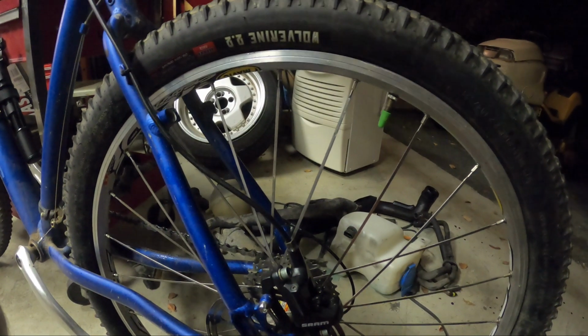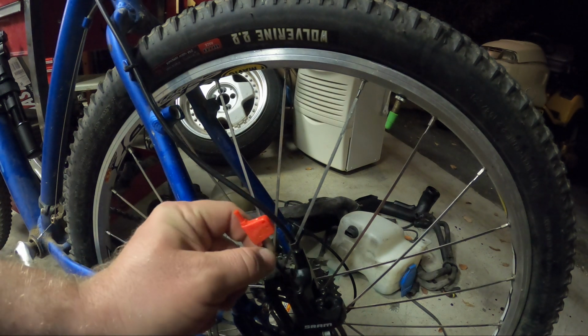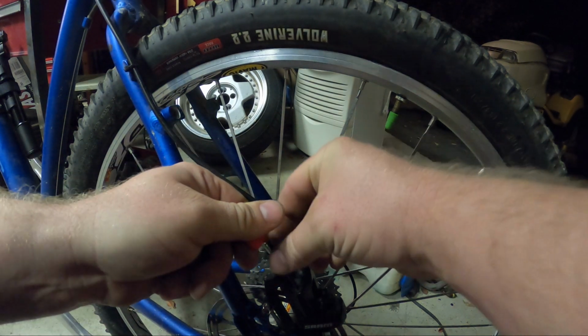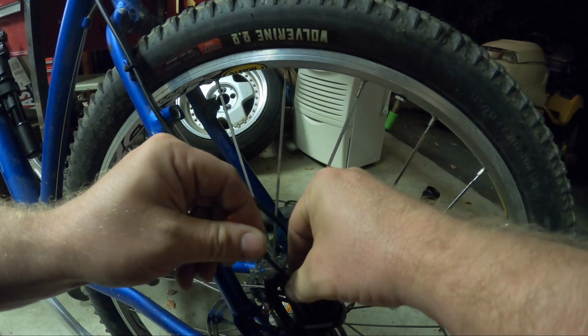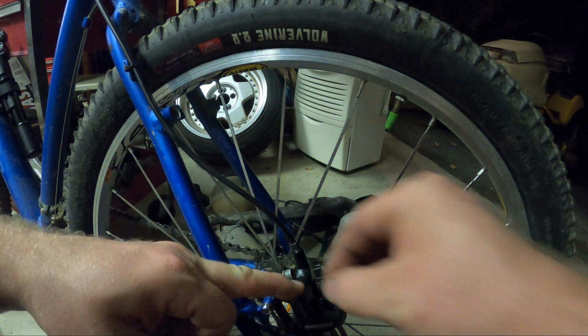Right now, the bleed screw is a T10, which Grant left me his kit, the one he got on Amazon for like 35 or 40 bucks. In the future, I'll probably end up buying my own bleed kit if needed. Yeah, it's just going to leak out fluid and make a huge mess. Grab